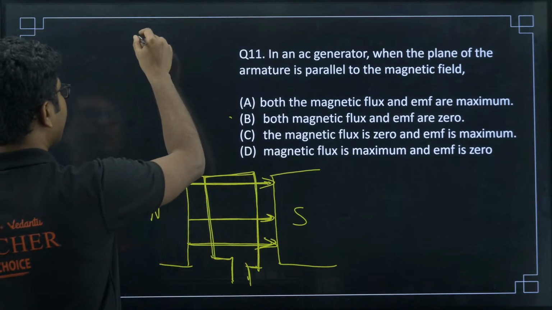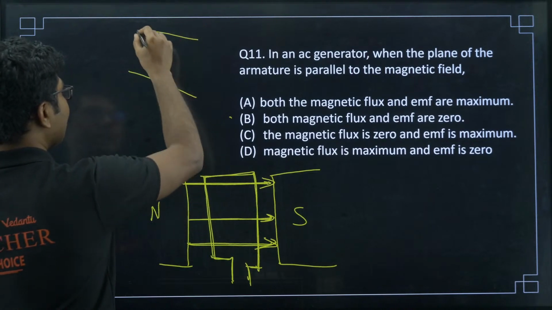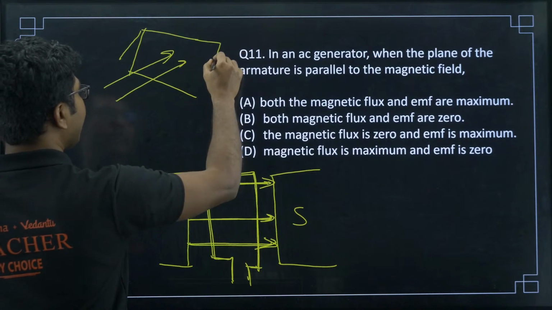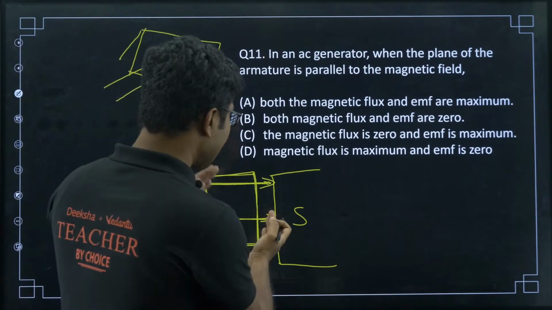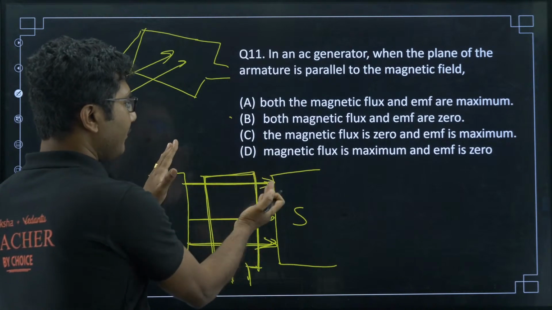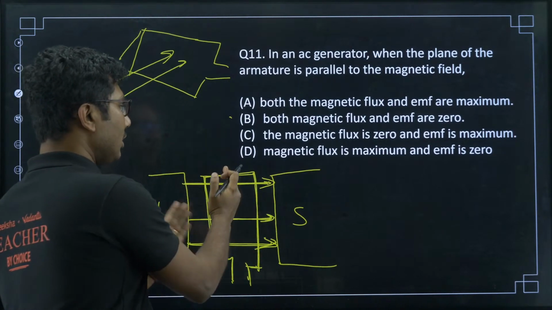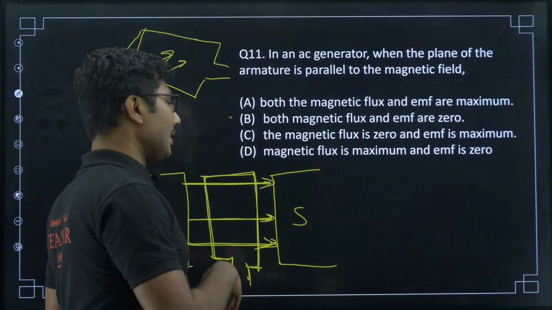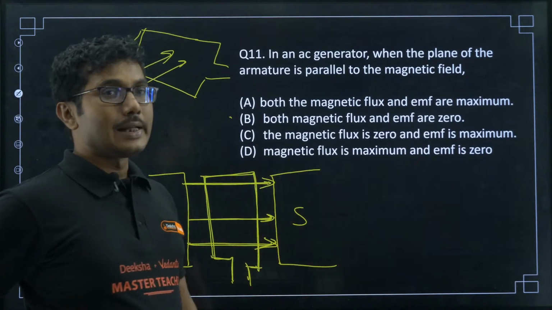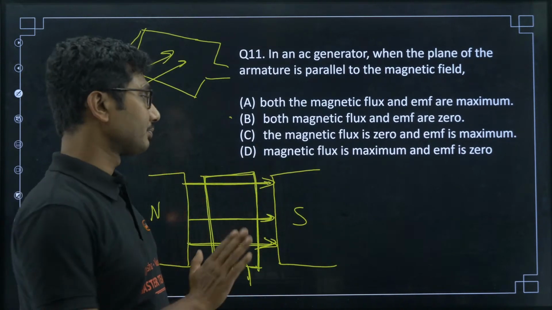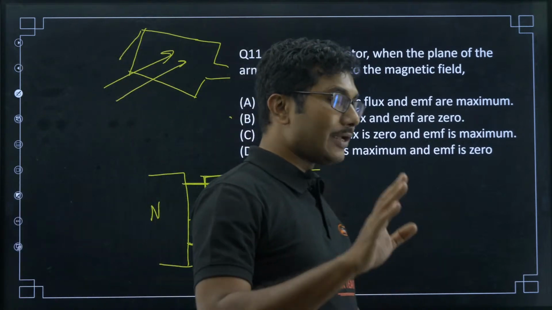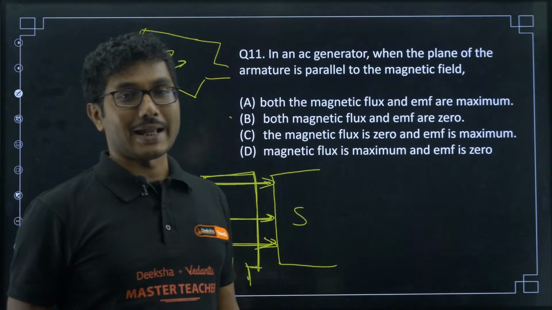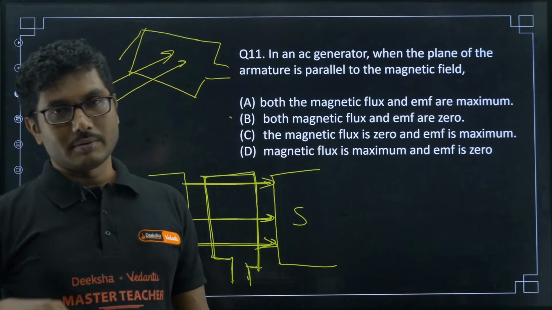If the field is perpendicular, so for example, if the plane was like that, and the field lines are passing through it, then obviously the flux will be maximum if the angle was 90 degrees. So, in this case it is flat. If the armature coil rotates like this, all the field lines will pass through it. So, the magnetic flux will be maximum. Now, magnetic flux being maximum does not necessarily mean that the induced EMF will also be maximum. Only if there is a change in flux with time, then the EMF is induced.